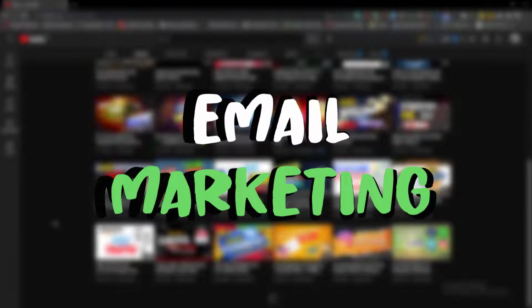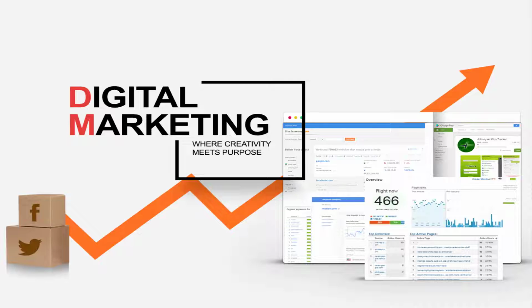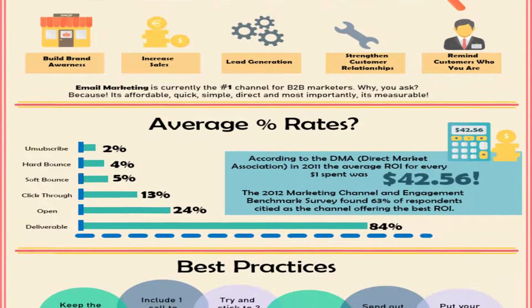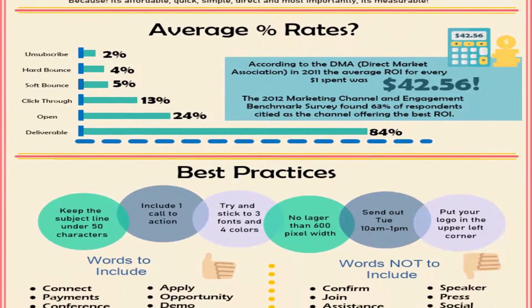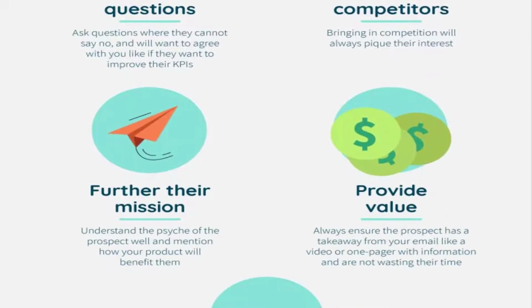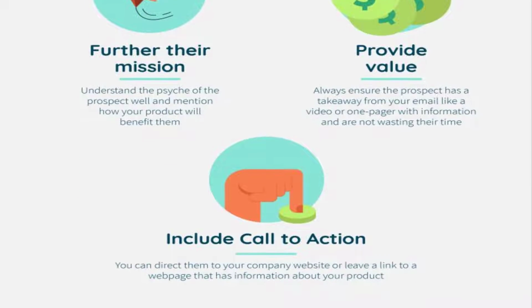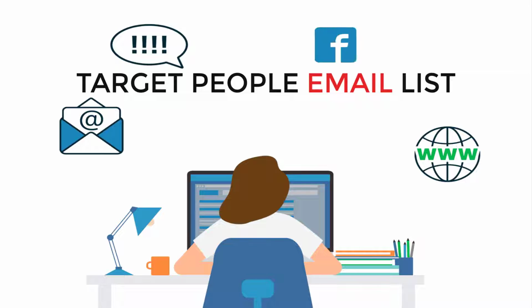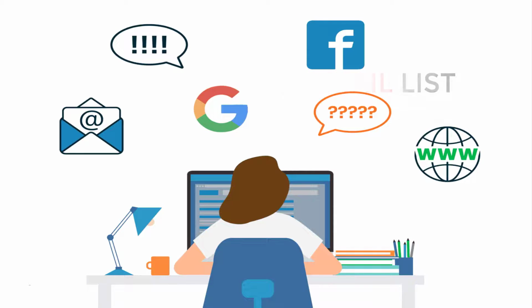In this video, we are going to talk about email marketing. You know that email marketing is a very essential part of digital marketing. You can sell anything via email marketing if you have the right audience emails. There are so many ways that you can collect emails, but collecting unique and target audience emails is most important. So that's why I am going to show you some tricks that you can apply to get target audience emails,